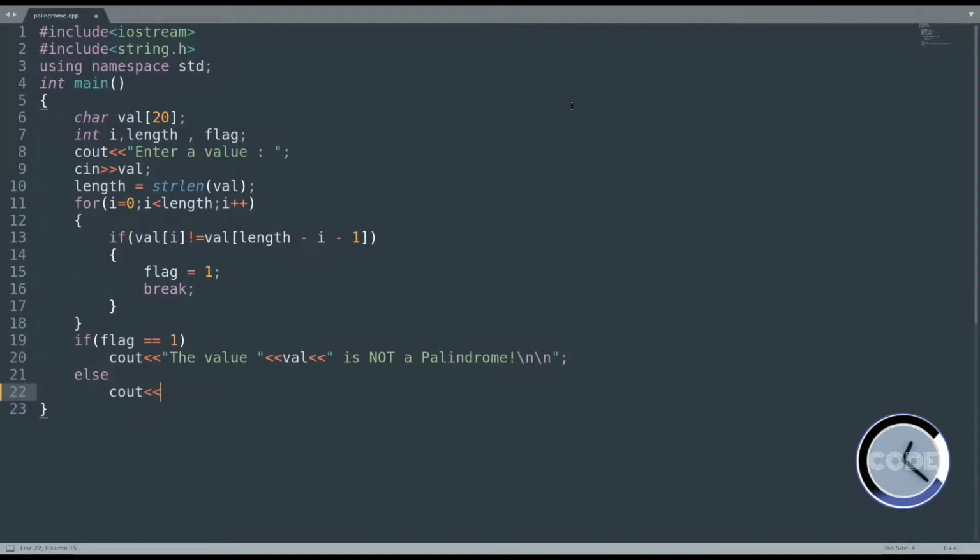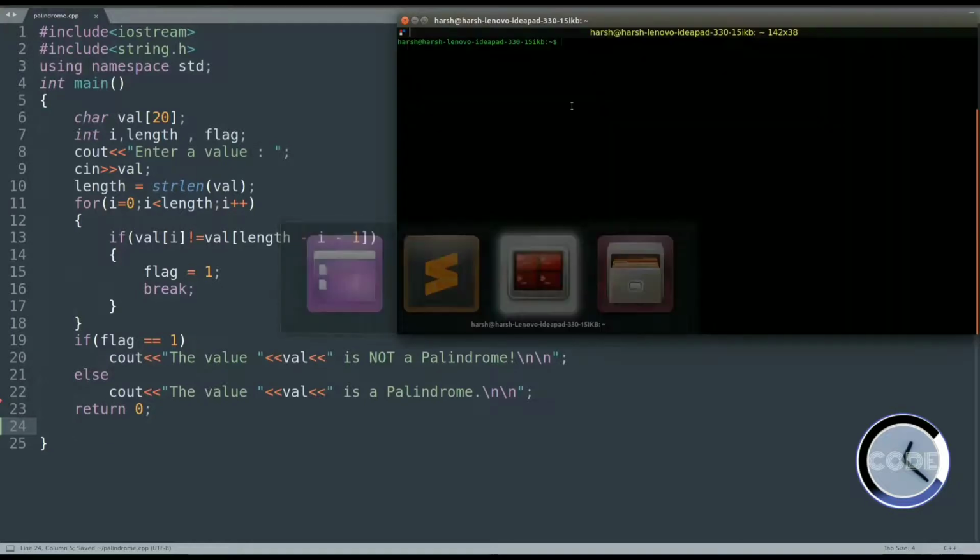Else say out the value val is a palindrome. Okay, also don't forget to add the return 0 in our int main function. Save the file and let's check it out.